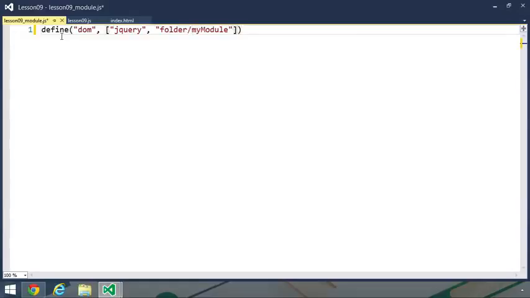The third argument is the function for the module. You can think of this as the immediately invoked function in the previous lesson. And the dependencies that you specify in the second